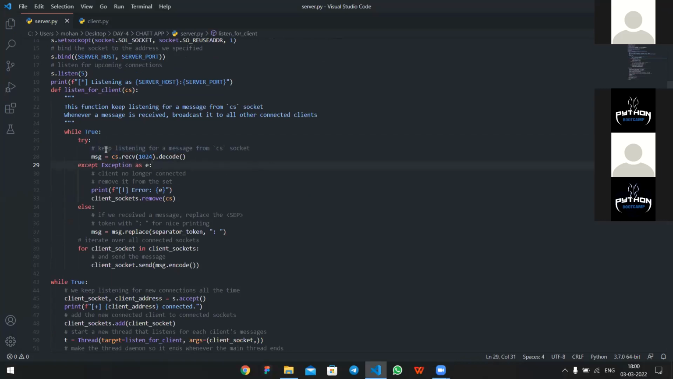The try block keeps on listening for messages from the client side. Okay, if Mohan hits hi, I said right, every message will be redirected to the server first, and then it will be redirected to the other client. Okay. For that, we enter this try block. If